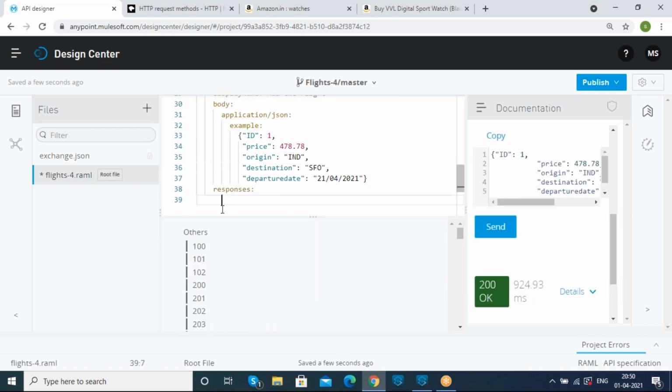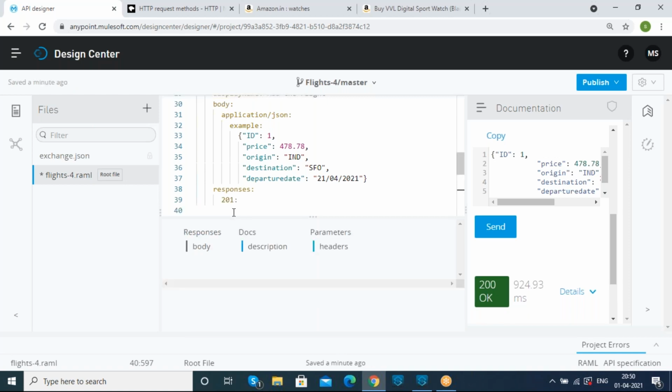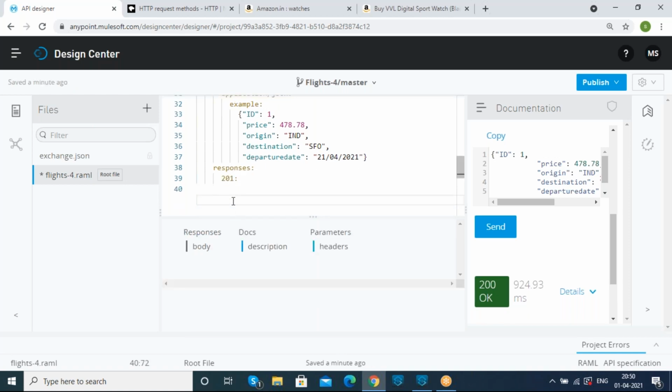And whenever we are moving to the responses, for the post method, since we are just creating a message after booking a flight ticket, like the flight tickets had been booked, I want to display the successful response for the users. So I am choosing the 201 created status code. So here under the responses, we choose 201 as our successful status code in order to display the message for the users.